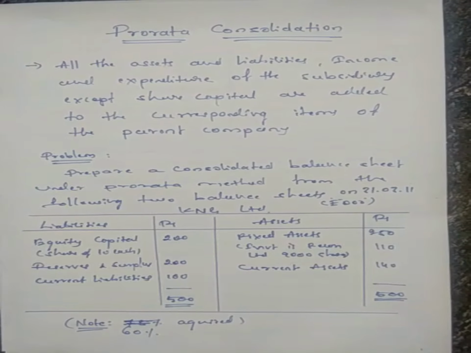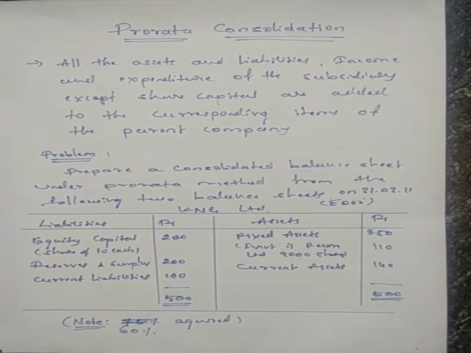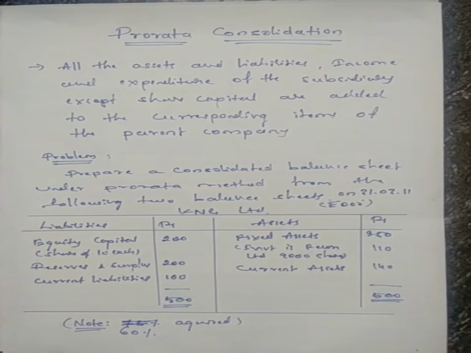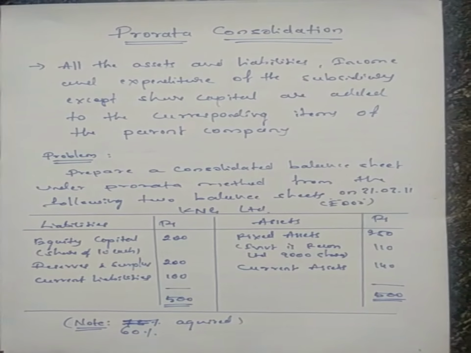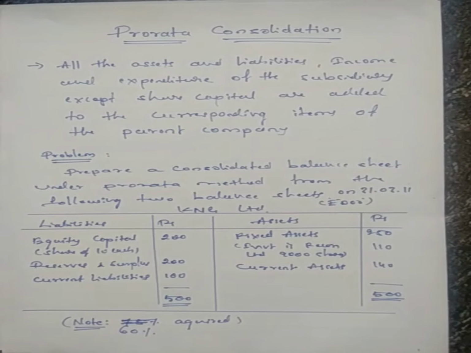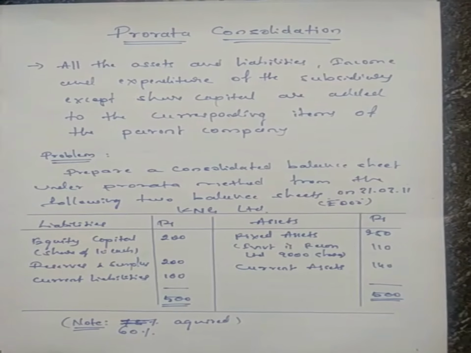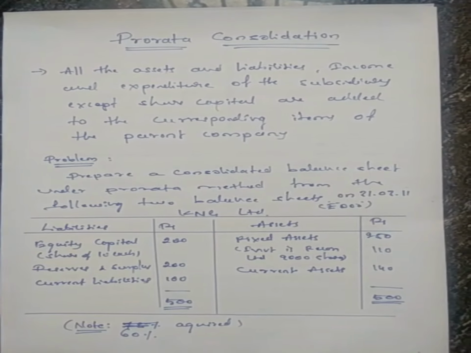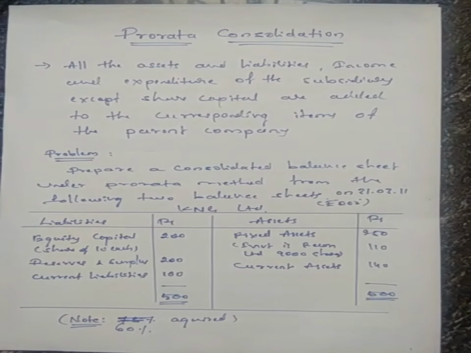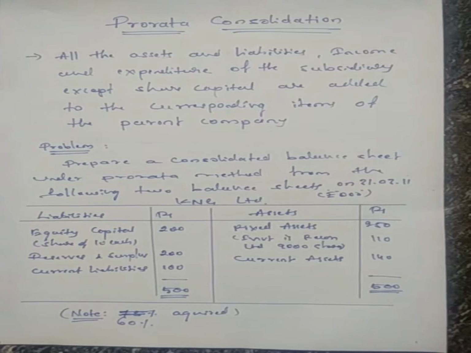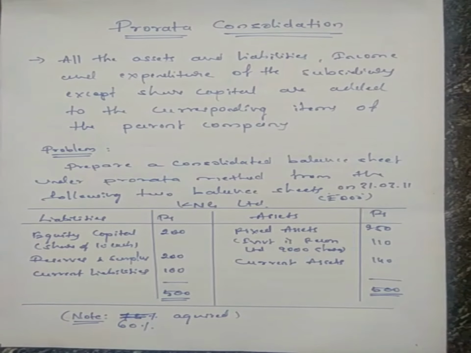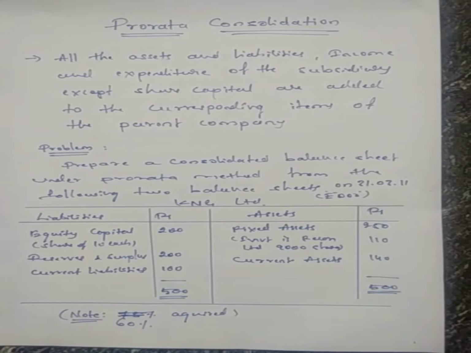Okay students, today we will discuss the Prorata Consolidation. Prorata Consolidation means all the assets and liabilities, income and expenditure of the subsidiary company, except share capital, are added to the corresponding items of the parent company. The problem: prepare a consolidated balance sheet under the Prorata method from the following two balance sheets as on 31st March